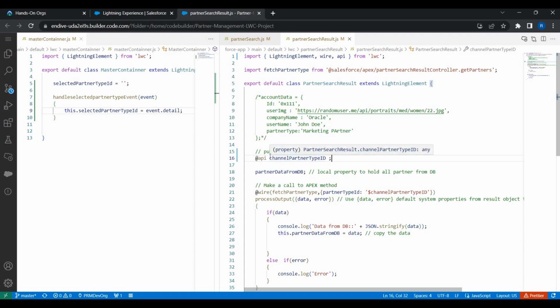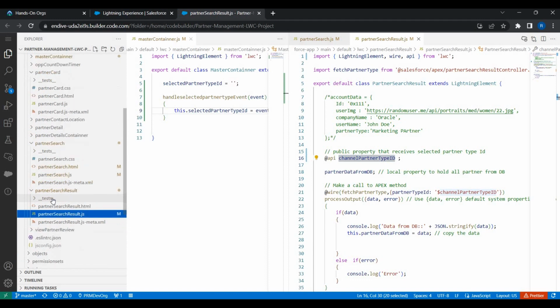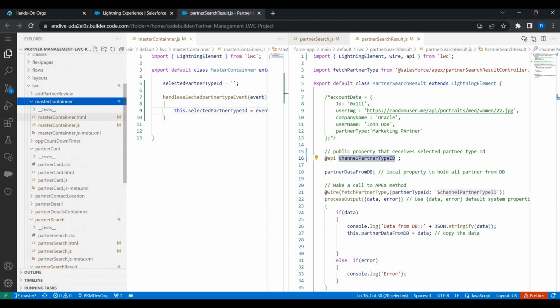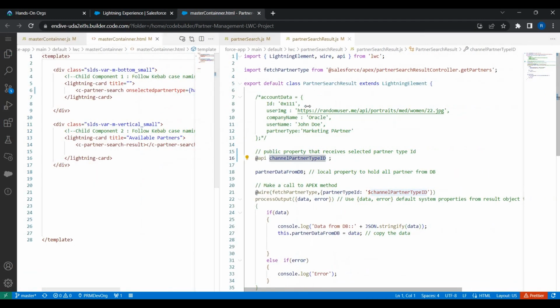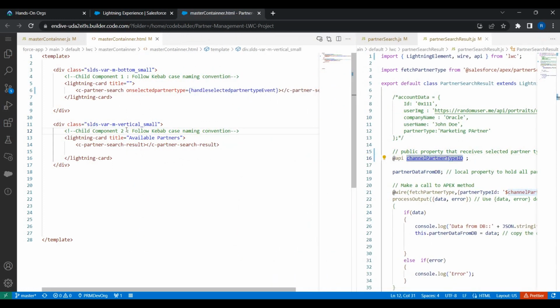So right now this is a public property, right? So let's use this back in our master container. Right here in the HTML, let's use this public property. I'll copy this one and put it right here. Let's follow HTML standards and also kebab case, where each word is separated by a hyphen, and also